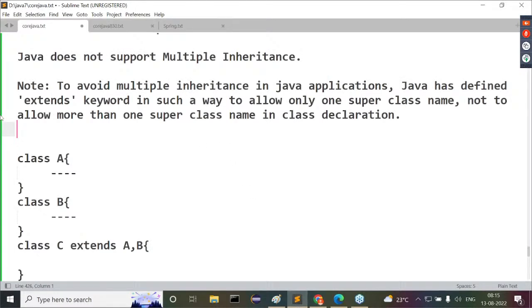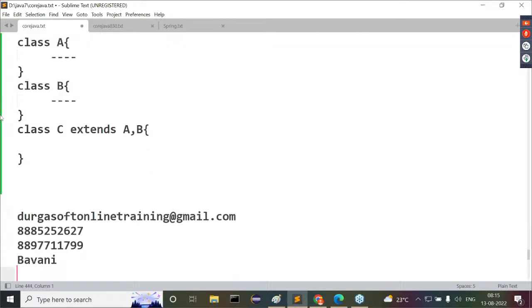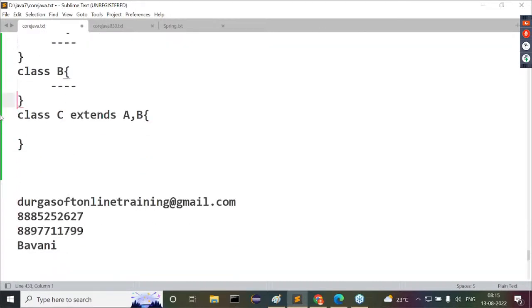No, there I have given one point clearly. What is that point? To avoid multiple inheritance in Java applications, Java has defined the extends keyword in such a way as to allow only one superclass, not more than one superclass. That means, whenever we provide class A, class B, then class C, inside this class C declaration, after providing superclass name A,